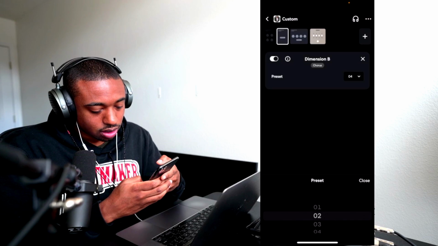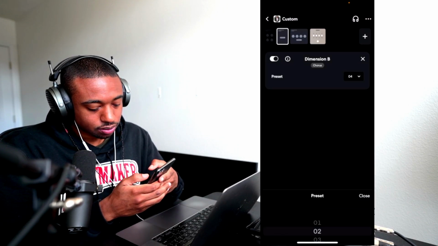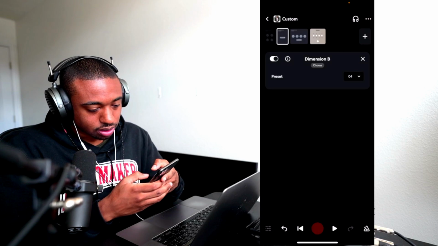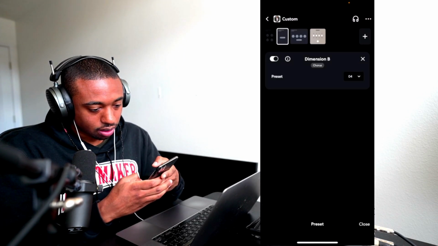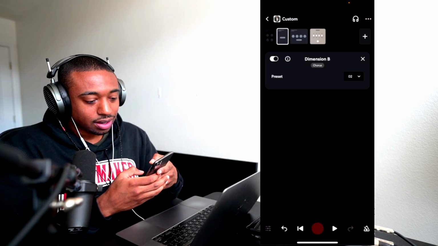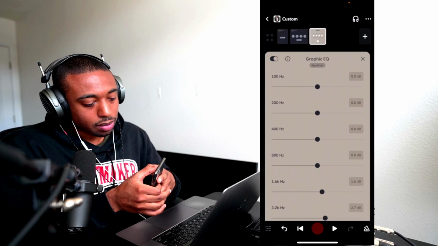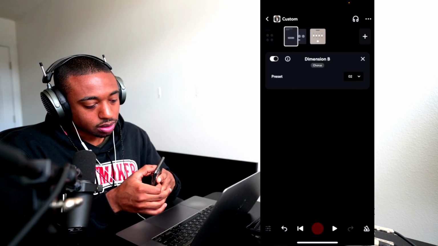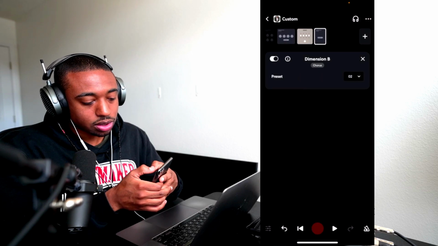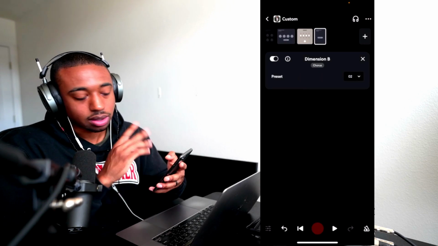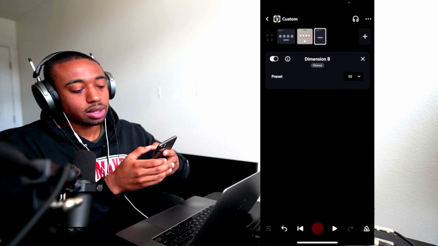All right, so I like setting number 2. I don't know why my screen's not updating because I definitely have it on 2 and not 4. All right, so preset number 2. So this chorus should come after. I don't know why it's over here. So let's hold and click and move it towards the end of the chain. Very important because I assume it goes from the left side to the right side. You don't need to know what that means.